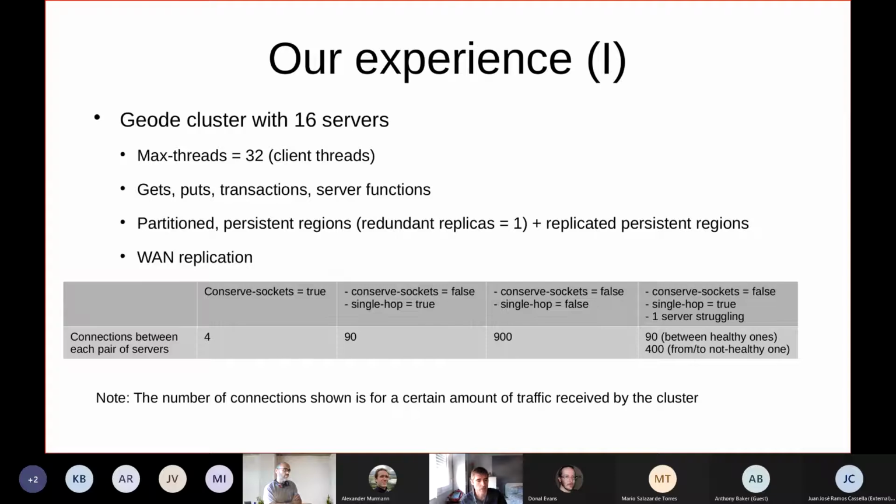So with conserve-sockets set to true, the number of connections between each pair of servers was 4, as expected, because the connections between peers were shared by all the threads. That's what conserve-sockets set to true is about. If we set conserve-sockets to false, but our clients were honoring single hop, set to true, then what we observed is that the number of connections between each pair of servers grew to 90 connections,